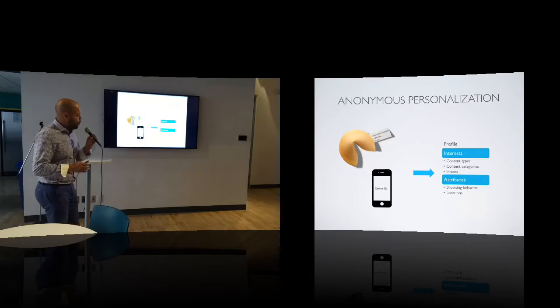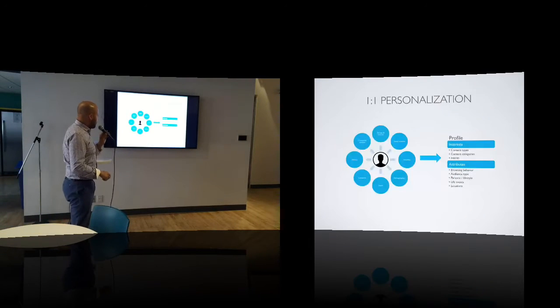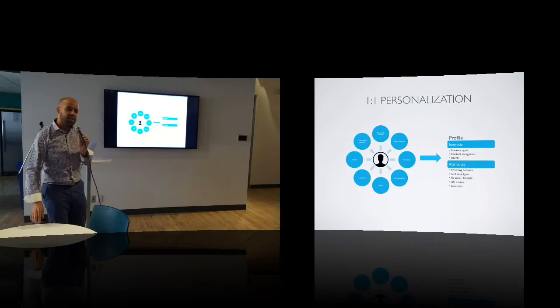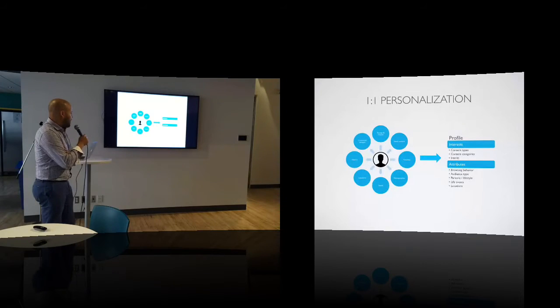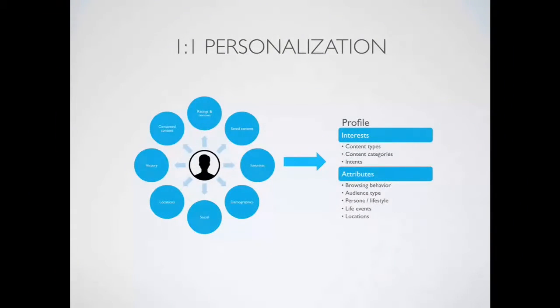And let's say you acquired that user and he created a profile. Now you're on one-on-one personalization, right? So he created a profile, he does ratings and reviews, he saves his content, you have his social credentials, so you can build a lot of things. Once you have that, the level of personalization goes beyond the vanilla flavor. Now you can explore other things. For example, you can have the intent, and based on his attributes or endorsing behavior, give him what the next level might be.